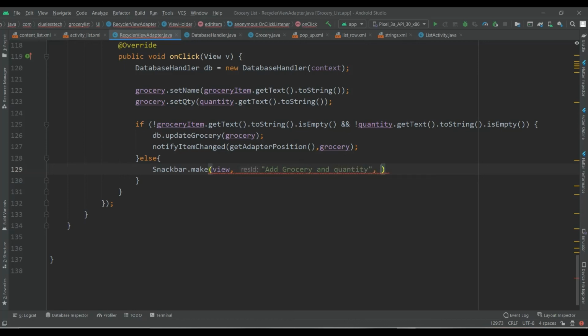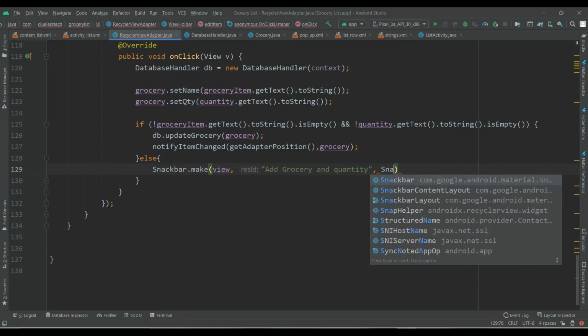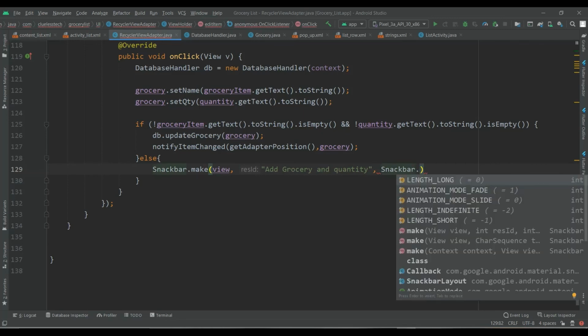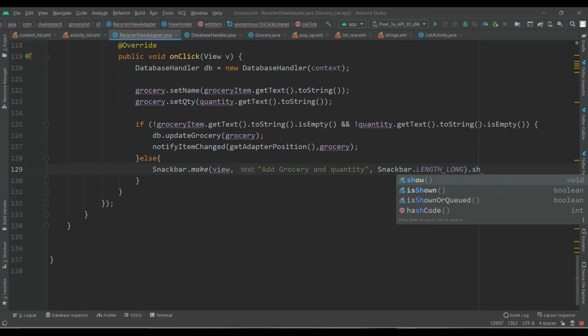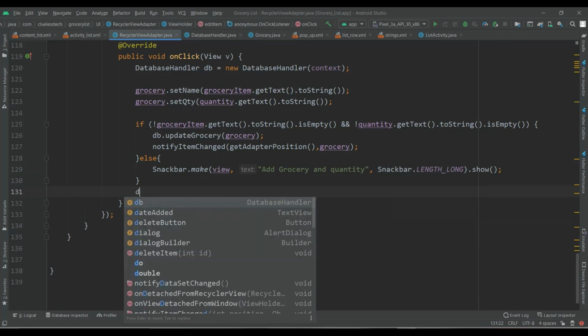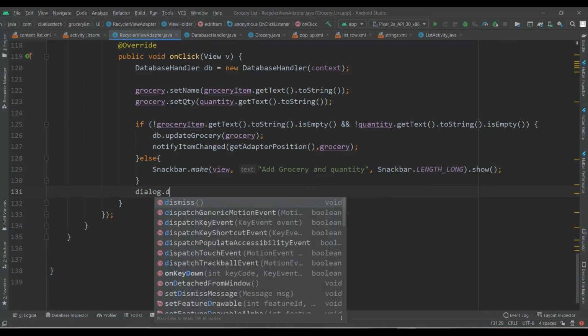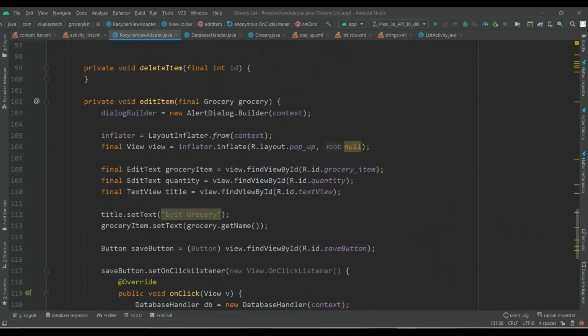If the value is empty, then we will notify to add the record, Snackbar.LENGTH_LONG).show(), and dismiss the dialog: dialog.dismiss.